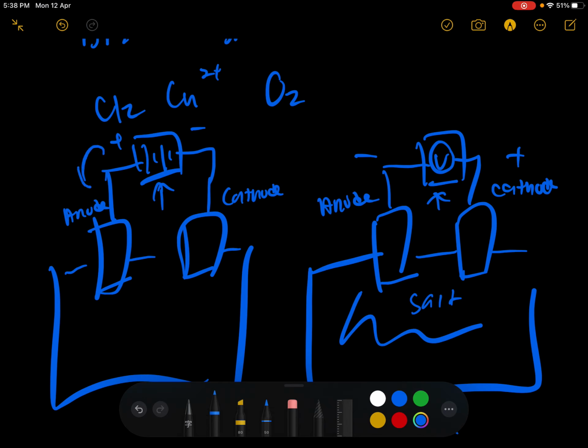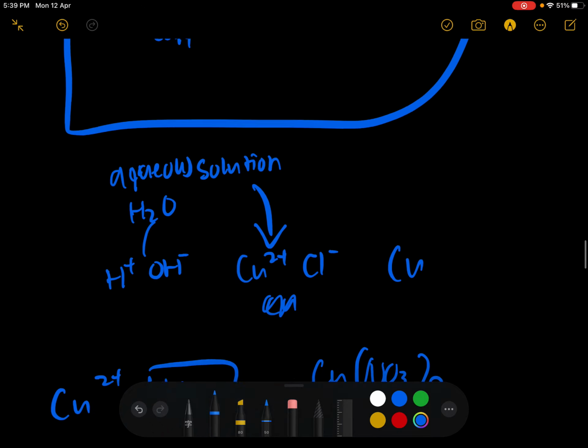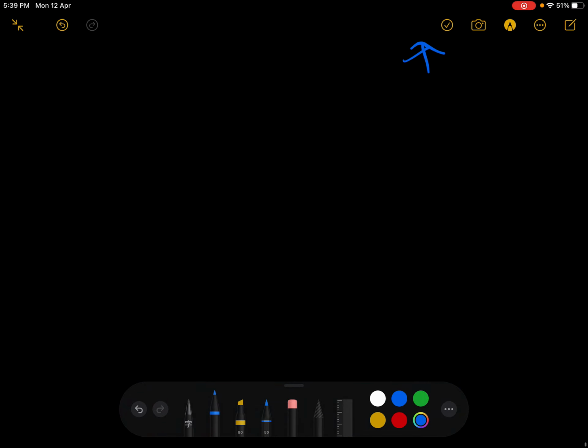For electrolysis, the battery itself makes the electricity, but the chemical cell itself produces its own electricity. It doesn't need the battery to help it. Okay. I think I would love to go on about more,